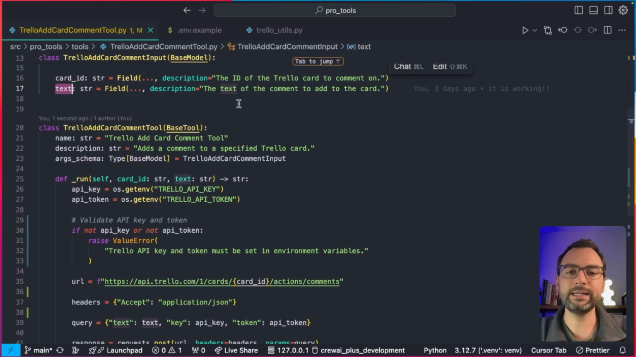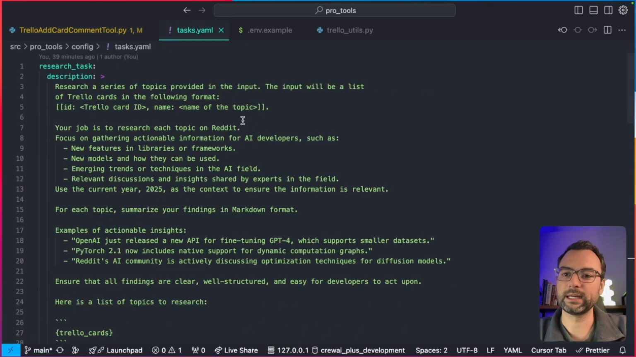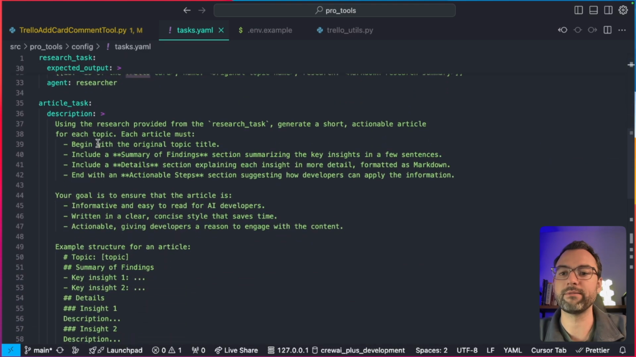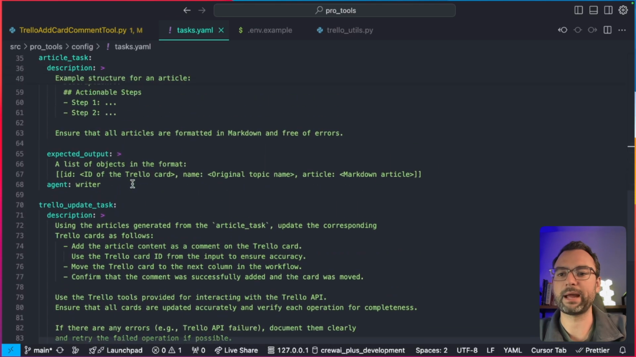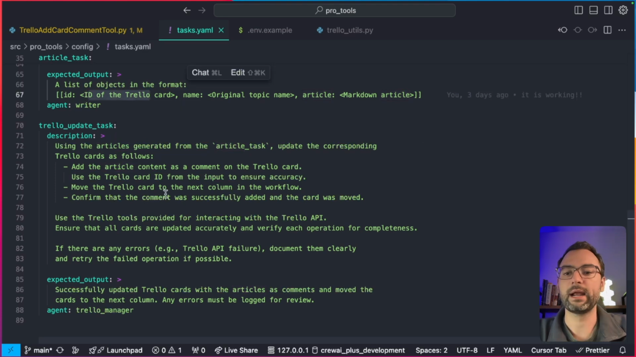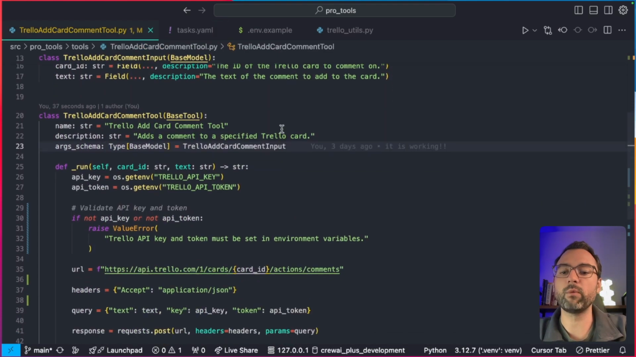What's cool is, if you remember back in our task, just to help make everything click, the Trello card ID is right here. So you can see that it is getting passed into the task. And this Trello card ID just gets passed along from one output to the next, and eventually it gets used and called down here. So pretty cool. All right, so now that we have that set up,